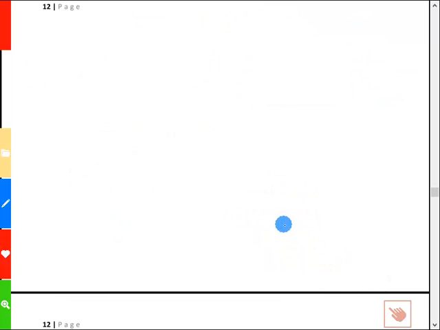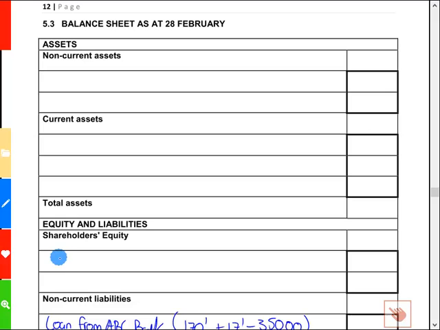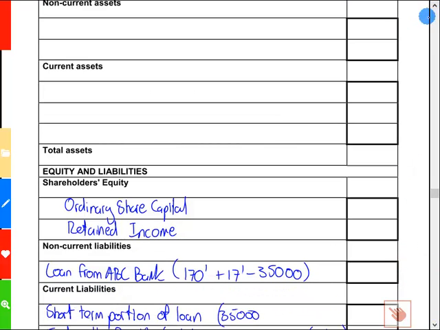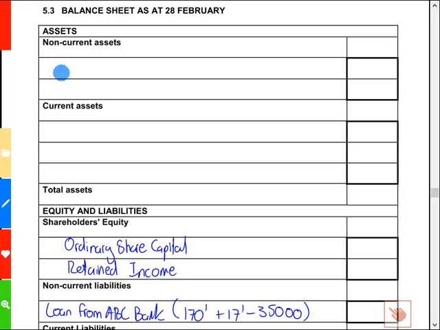Under the equity section, under shareholders' equity, we're going to have ordinary share capital, and we're going to have retained income. By the way, you can fill in this format before you even start the question. You can fill out the full format of this balance sheet. We'll do that now. Retained income then is